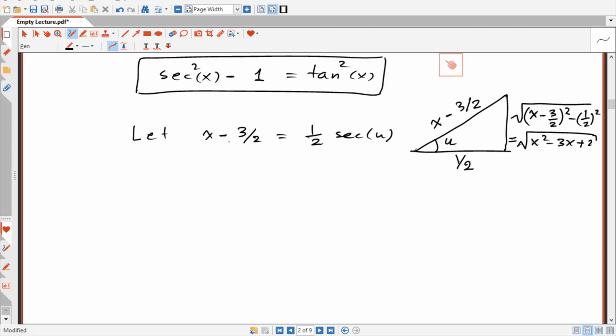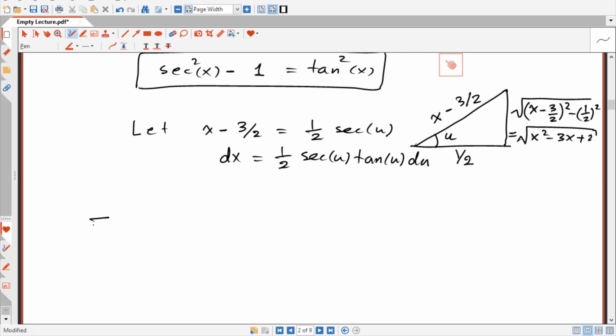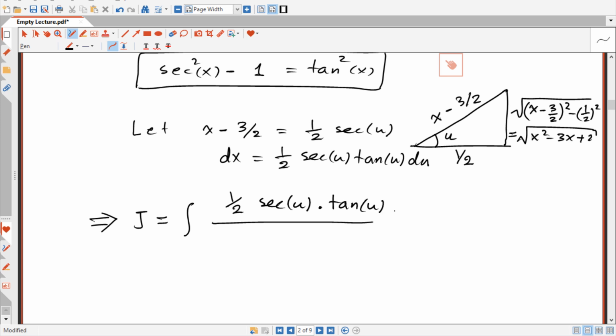Okay, so let's differentiate this statement here. So dx is equal to 1/2 secant u tan u du. Then let's substitute that back. We have called it J, right? So this implies that J is equal to the integration, and instead of dx we put half secant u tan u du,